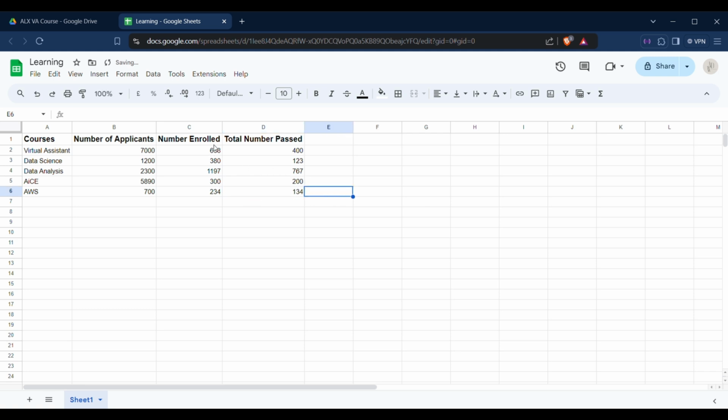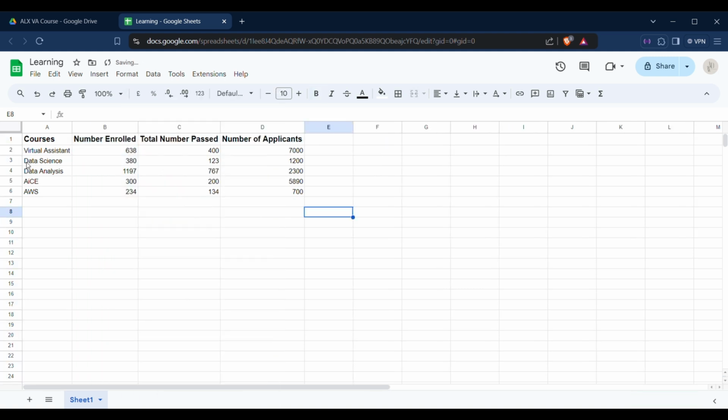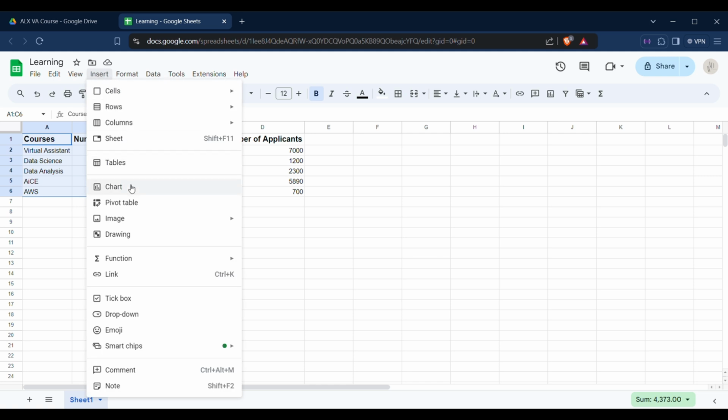I only want the courses, the number enrolled, and the total number passed. I don't want the number of applicants in my graph, in my visualization of sorts. So I'll delete this column and I only want these three. So I'll highlight these three, then go to insert chart,